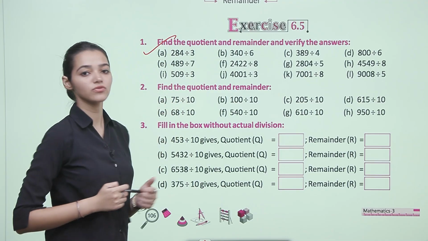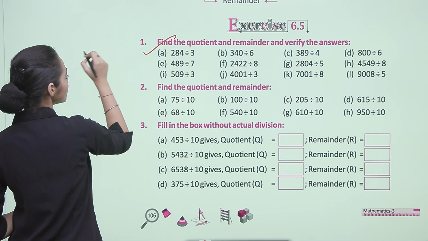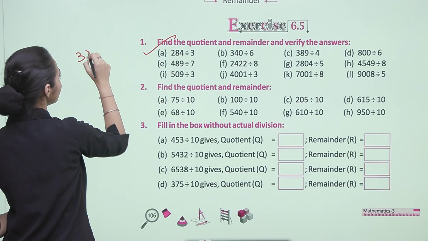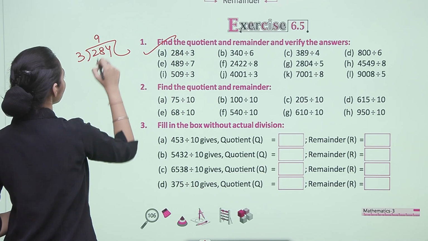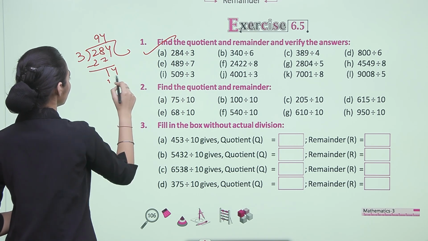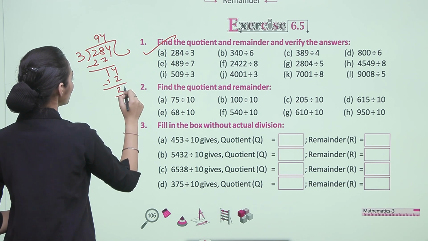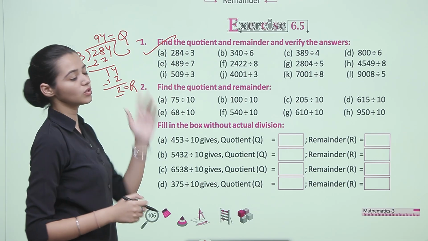Let's start with exercise 6.5. In the first part, we have to find the quotient and remainder, and we have to verify the answers also. So in the first one, when we divide 284 by 3, 3 9s are 27, 3 4s are 12. So 2 is our remainder and 94 is our quotient, and when you multiply it, you will get 284